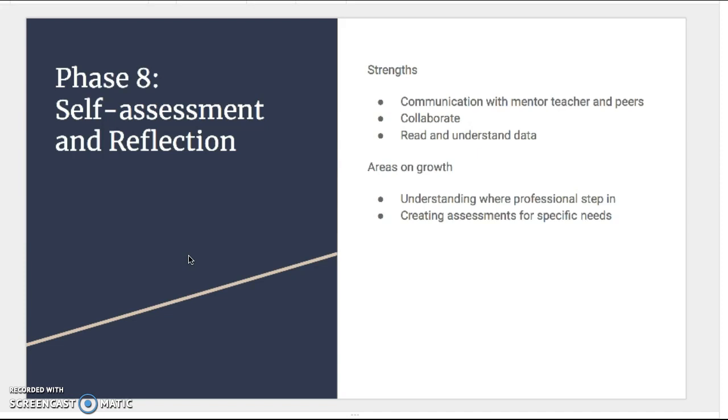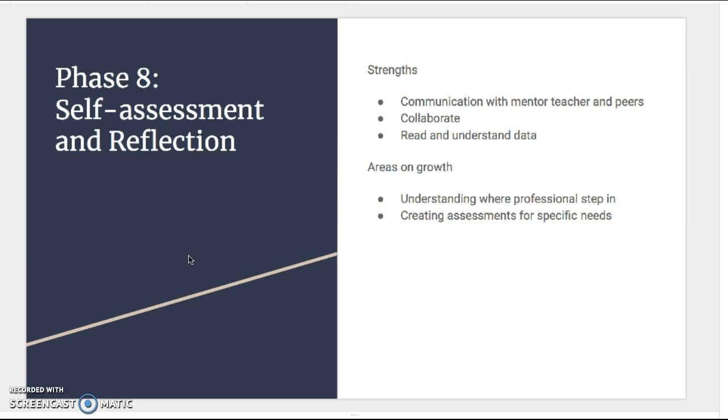It was a good experience being able to collaborate, and I definitely didn't have a lot of experience in that section before, so collaborating to decide what to do with the information and how to approach it in a different way that would most likely help the students was beneficial and really showed me I had some strength in that area. And I was also able to read and understand the data when it was sent to us. I was confused, and once I started looking at it and reviewing it,